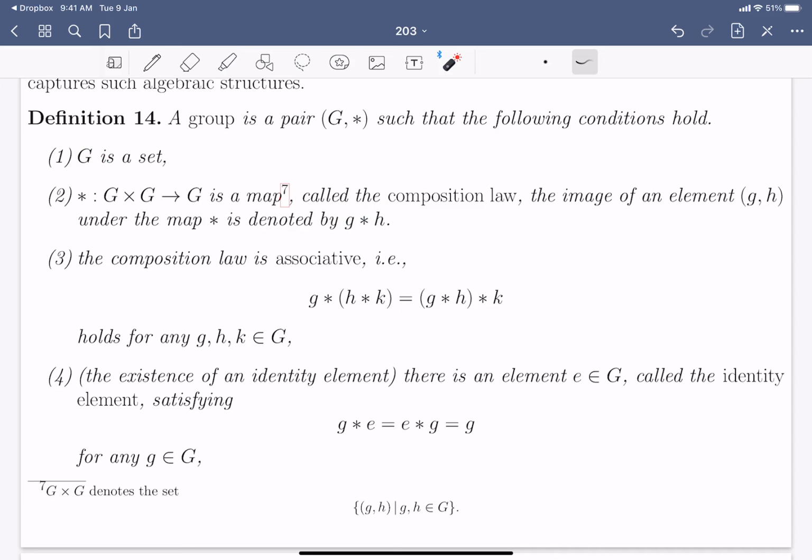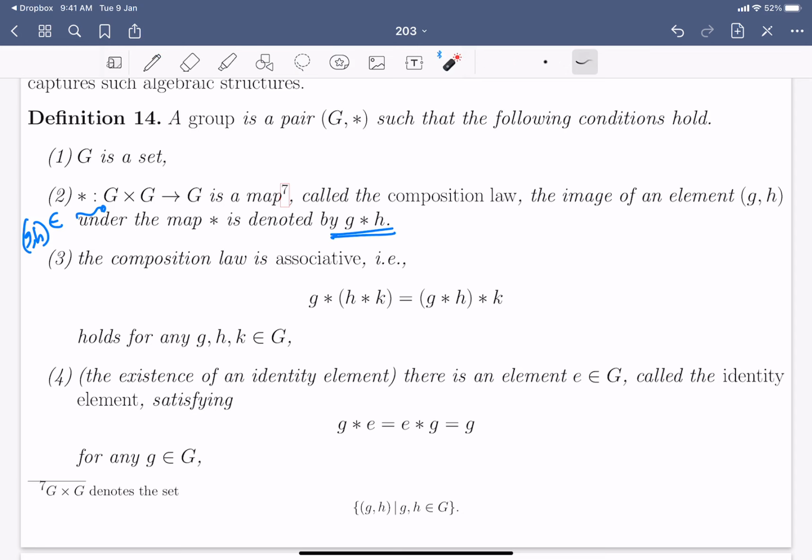So given g and h, there has to be a composition law, right? More precisely, we say that there has to be a map from G cross G to G. This map is usually denoted by the symbol star. I will make a remark about this at a later time. So this is denoted by star, and the image of an element (g, h) belonging to G cross G under this map star is denoted by